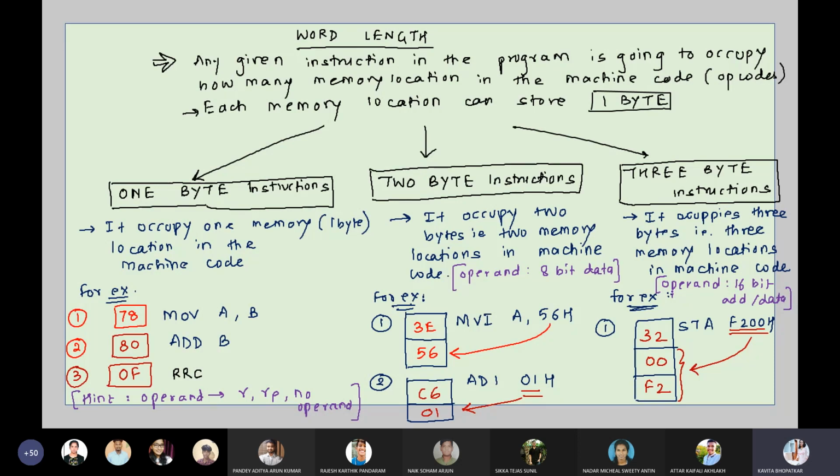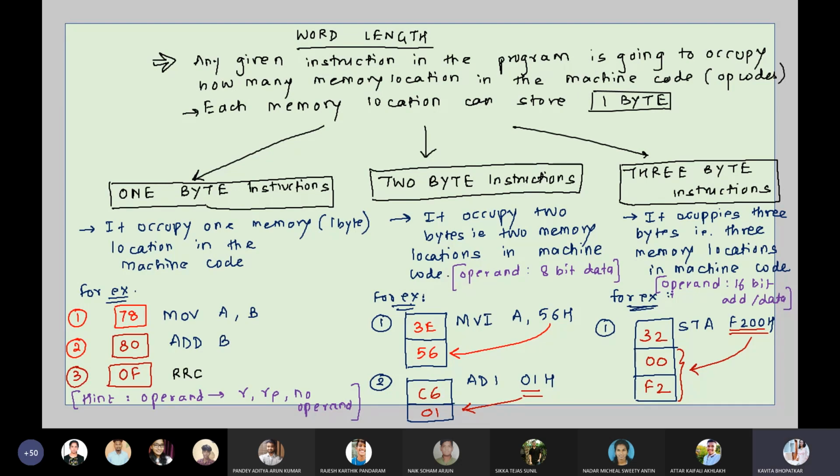And in 3 byte, whenever address appears in the operand or a 16-bit data appears in the operand, that time it will be identified as a 3 byte instruction. और ये बहुत जरूरी है प्रैक्टिकल पॉइंट ऑफ व्यू ऑल्सो, because when you write program you have to know whether the given instruction is 1 byte, 2 byte, 3 byte, तभी तुम सही तरीके से मशीन कोड लिख पाओगे।